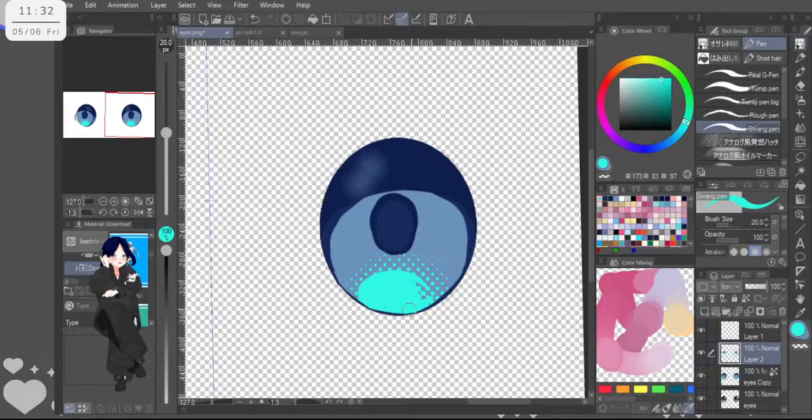If it works, it works. Otherwise, we'll have to see later. And also, the reason why I wanted to open Vroid is so we could test how it is looking right now.